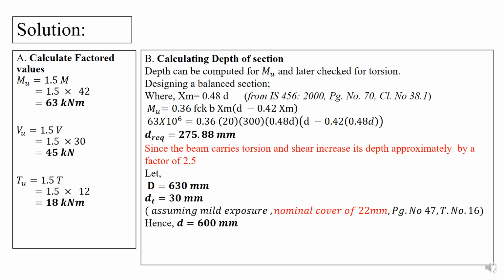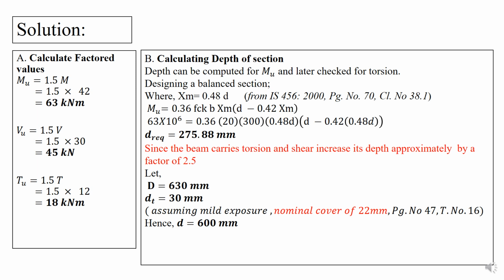Now it is the designer's jurisdiction, the designer's choice how much the factor should be. In this particular problem, since this is exam oriented, we don't need to go for rechecks or understand the economy, like in a real structure we do. This is for pure application of torsion. So don't worry about depth. There is no constraint of depth given. So we have considered the total depth as 630 mm.